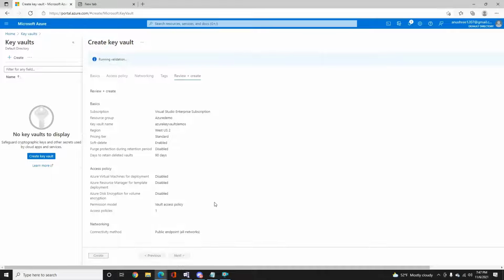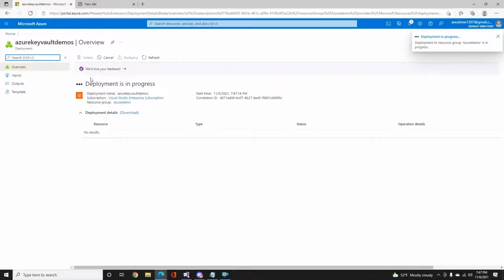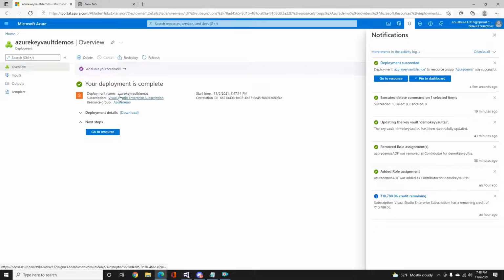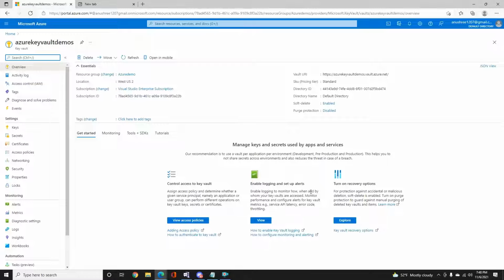Click on review and create. Click on create. So the deployment is happening. So my deployment is complete. I'll click on go to resource. This is how the Key Vault portal looks. To create a secret,